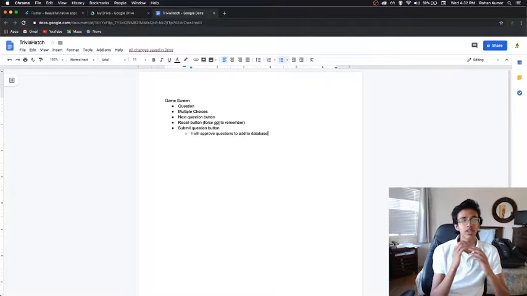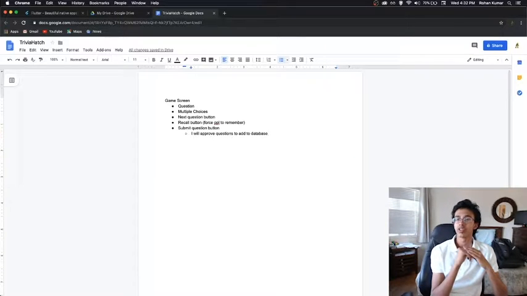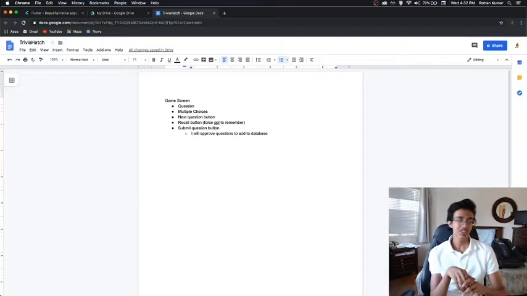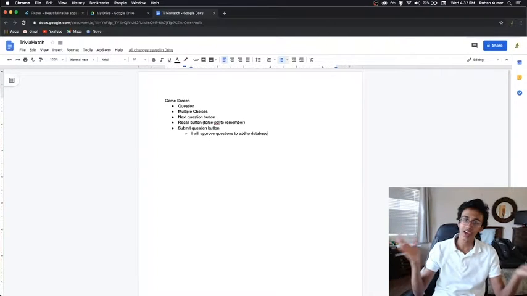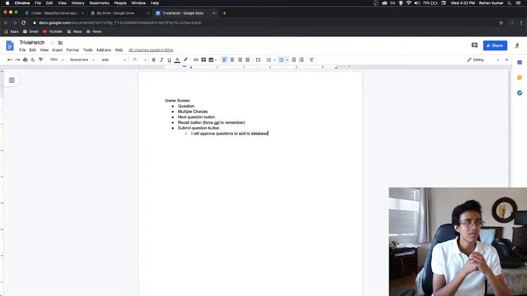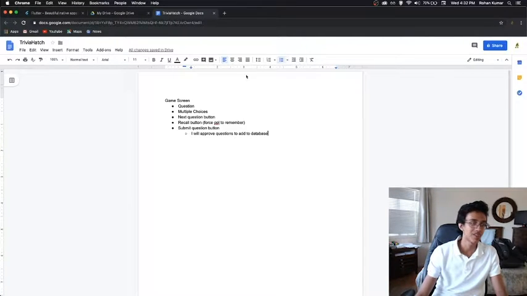And then, wait, let's think more about the recall, because that's going to be a little bit interesting. If they're able to just recall immediately after they solve a question, they could recall like 500 times and earn a ton of money, because you get more money for recalling. So maybe not. So wait, let's write this down.